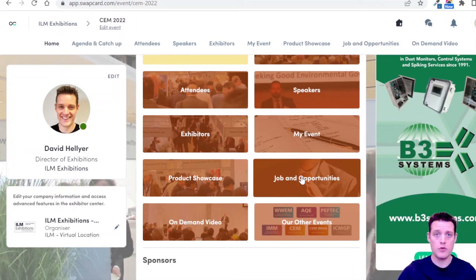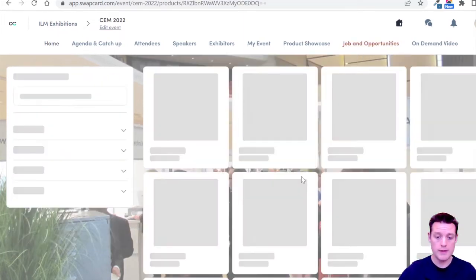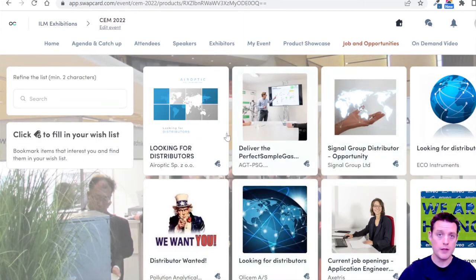So if there's potential collaborations that you're looking to work on, or if you have particular openings that you would like to reach out to people for, or if you're looking to find a position, we can host those within these systems here, and you'll be able to go in here, connect with people and reach out to them for those opportunities.